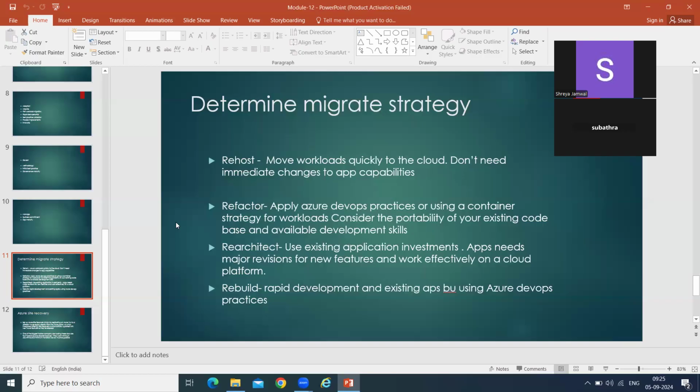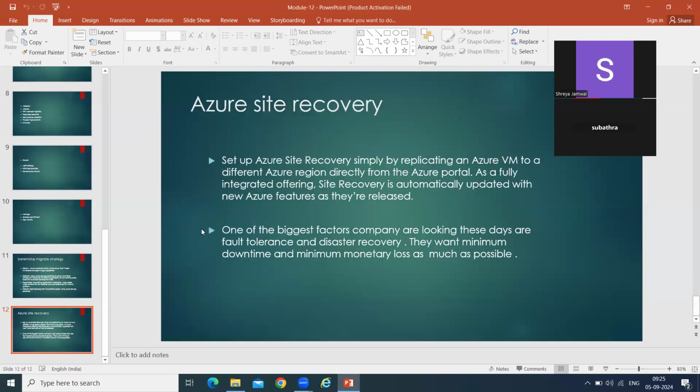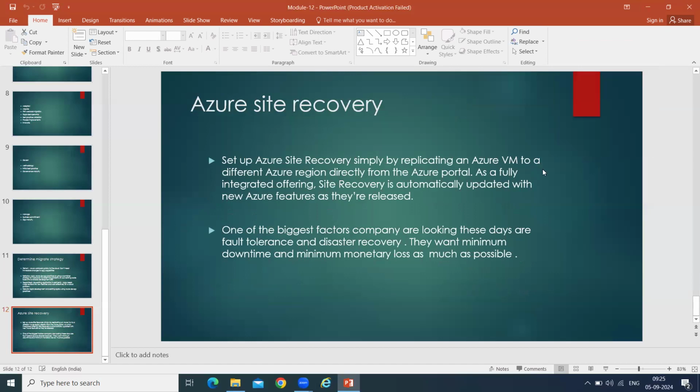We are moving to DevOps, building a more unique methodology for continuous integration and continuous deployment, that is CI/CD. We are rebuilding, repackaging it in that way. So that is also one of the migration strategies for doing deployment. So, Subhadra, you understood what we just discussed? Any doubts? Yeah, understood.